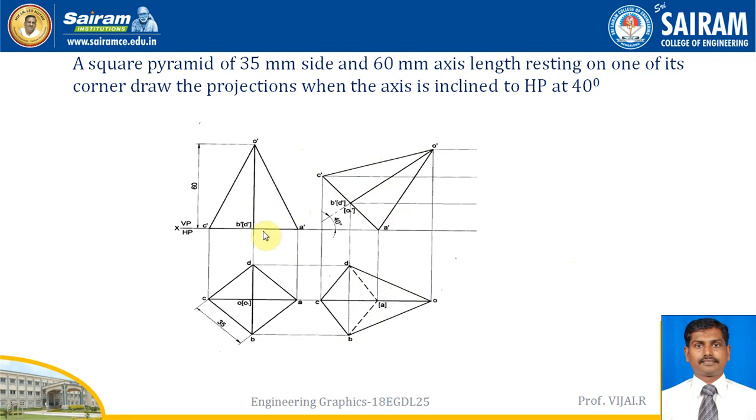So if you are making a mistake in copying here or drawing this square by 90 degree, here it has to come 90 degree. If you are making a mistake here, you will not get this view, you will not get the views, the total is wrong. So dear students, please be careful while drawing the initial position and this position.